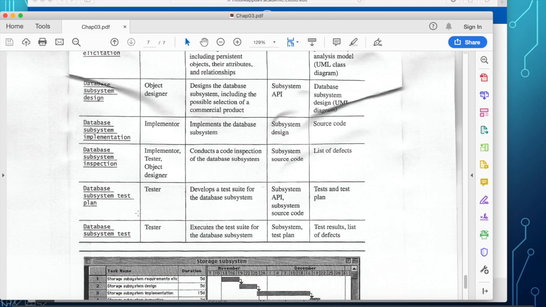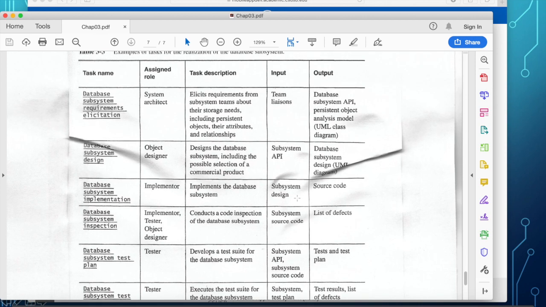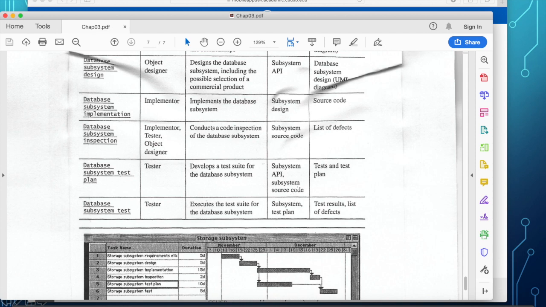The tester, or the QA guys, develops a test suite. The input to that activity is the subsystem API and subsystem source code, and they produce a test and test plan. And then finally, the database subsystem tests. First they plan, then they implement and execute the subsystem test plan, producing test results and a list of defects.